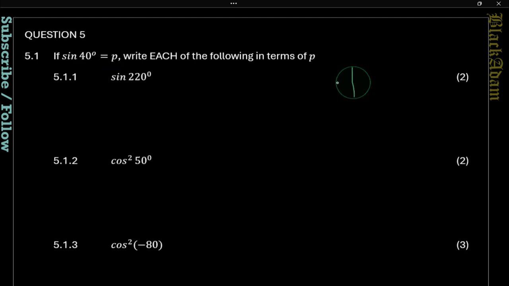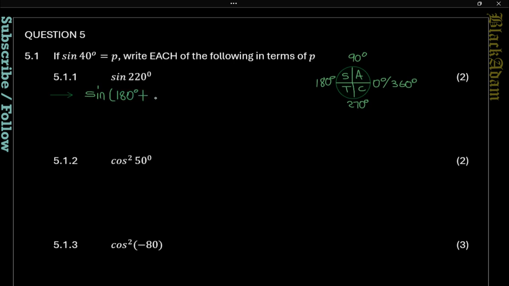So when you're dealing with 40 degrees, we need to know the coordinates, and then we're given that we have 220 degrees without a calculator, so we need to find its equivalence. That's 90 degrees north, east, 180 degrees south, 270 degrees. That's the coordinate. And now from there we have sine